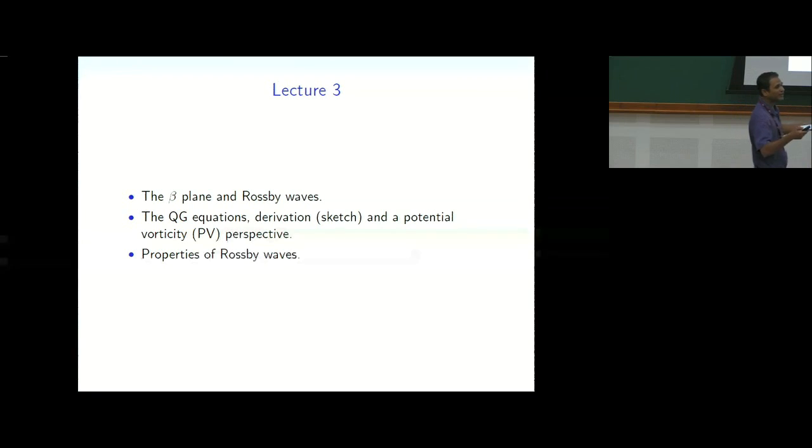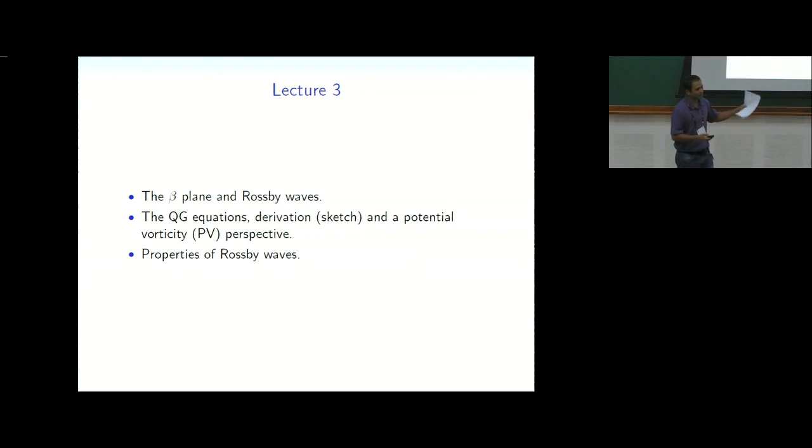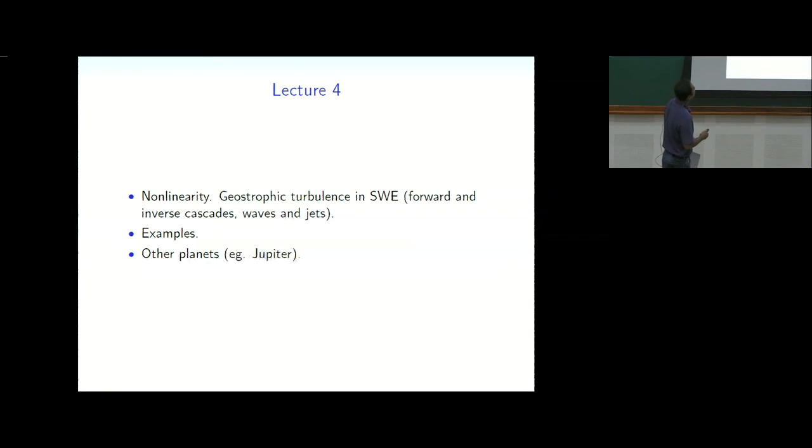Rossby was one of the giants of geophysical fluid dynamics. A lot of things are named after him: Rossby waves, the Rossby number, and the Rossby deformation scale, which we will also come across, and so on and so forth. Once we are done with this, I hope to go to the effects of nonlinearity in lecture 4,